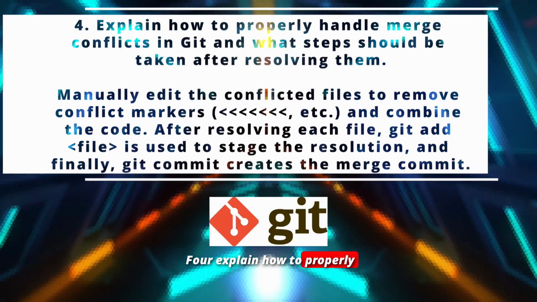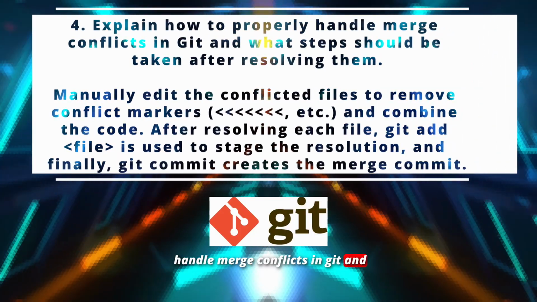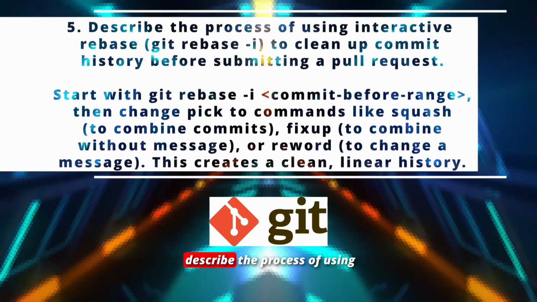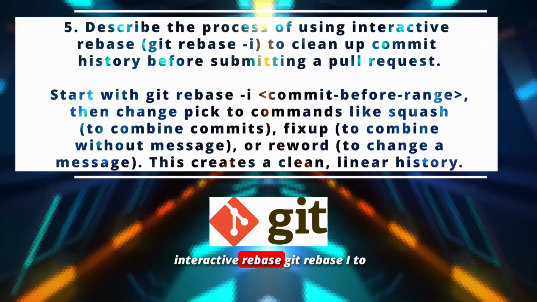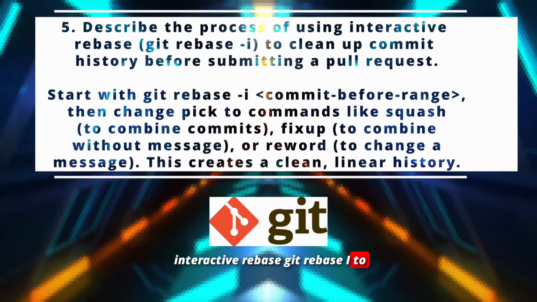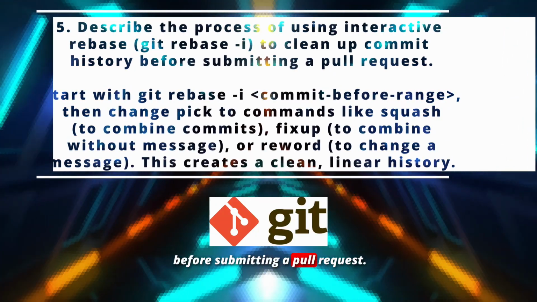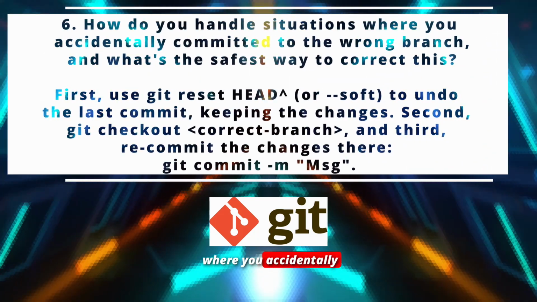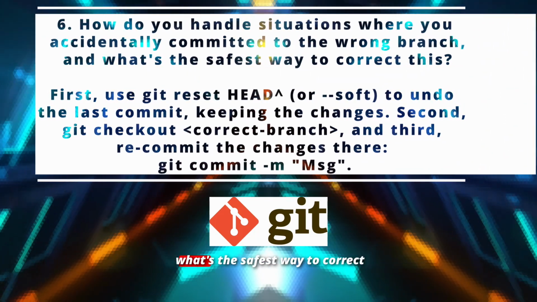4. Explain how to properly handle merge conflicts in Git, and what steps should be taken after resolving them. 5. Describe the process of using interactive rebase, git rebase -i, to clean up commit history before submitting a pull request. 6. How do you handle situations where you accidentally committed to the wrong branch, and what's the safest way